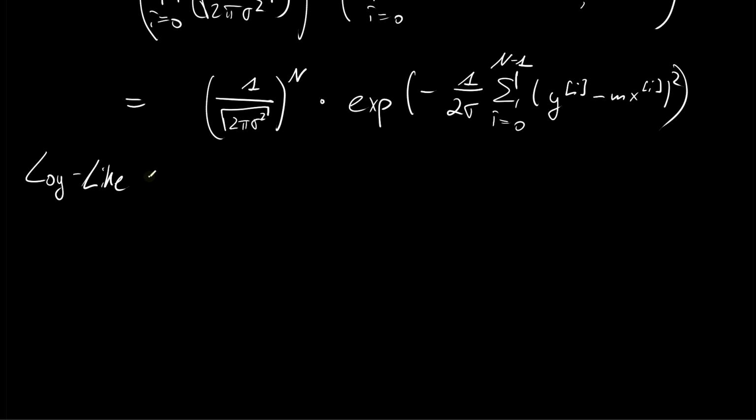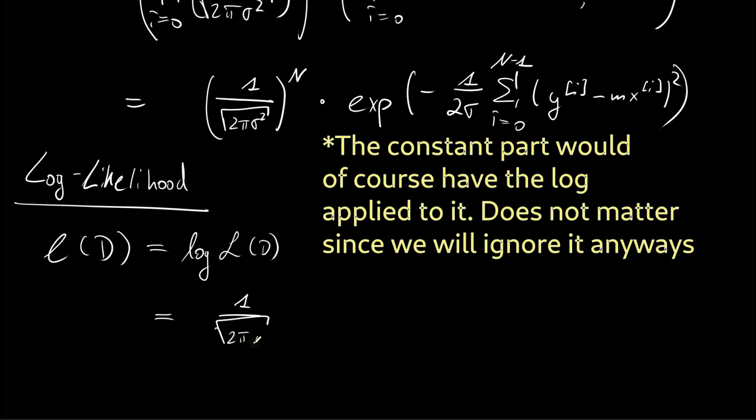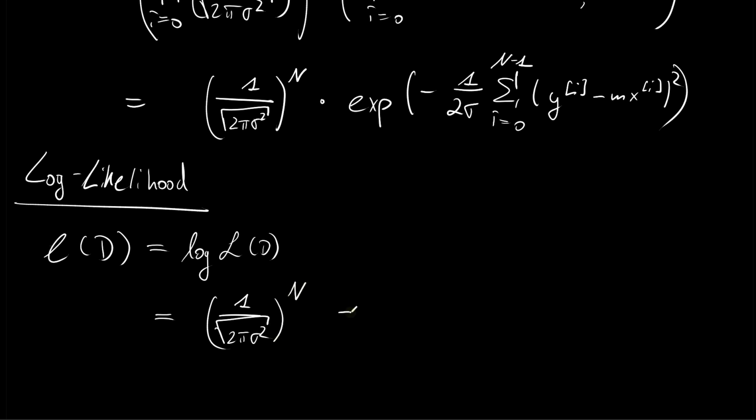So let us investigate the log likelihood. And in order to get the log likelihood, we apply the logarithm. And here I will use a lowercase l and say this is the logarithm of our found likelihood. And then we know the logarithm takes a product and turns it into a summation. So we have the sum of (1 over 2 pi sigma squared in brackets) to the nth power plus,